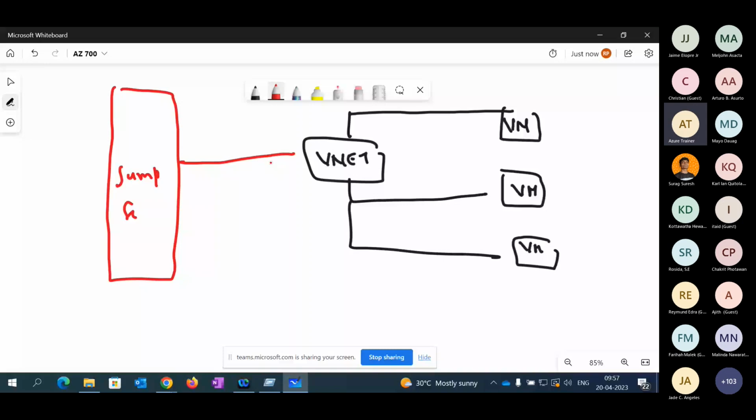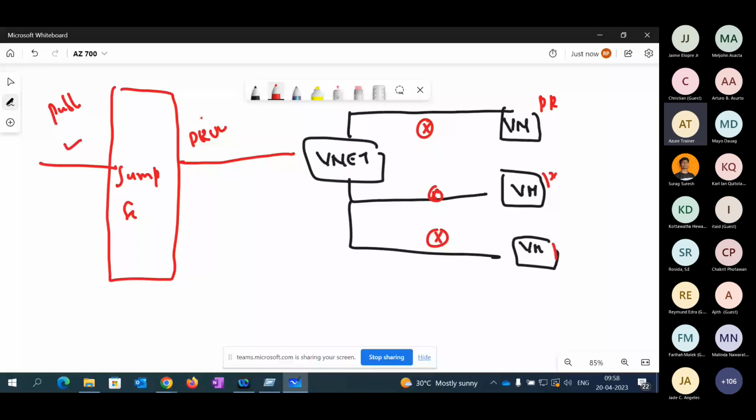You may have noticed that only the VMs got a private IP address. There is no public IP address assigned to the VMs, right? Only the jump server got a public IP address and a private IP address. So this is the only option we had in the jump server case.